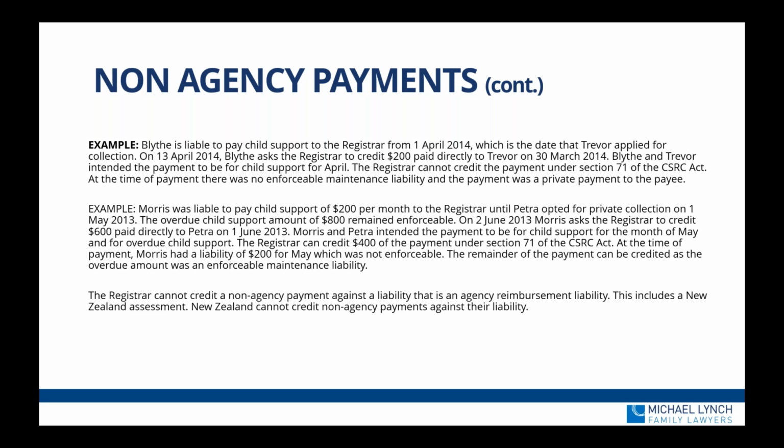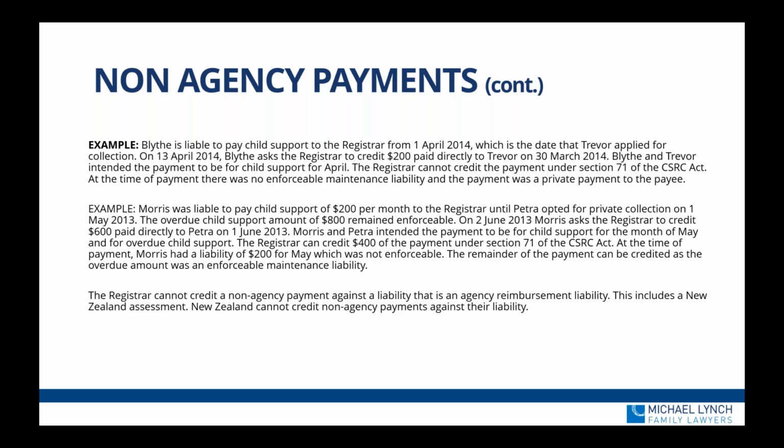The next example is Morris. Morris was liable to pay child support of $200 per month to the registrar until Petra opted for private collection on the 1st of May 2013. The overdue child support amount of $800 remained enforceable. On the 2nd of June 2013, Morris asked the registrar to credit $600 paid directly to Petra on the 1st of June 2013. Morris and Petra intended the payment to be for child support for the month of May and